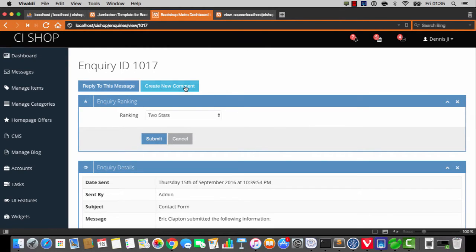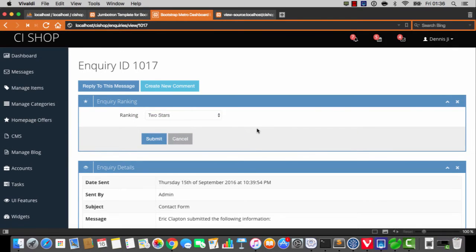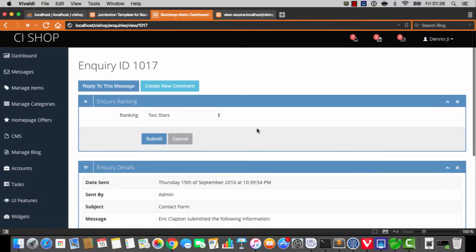So the vibe is that the site owner can head in here and create a new comment, you know? And actually, it's just occurred to me that this could be a button. It doesn't need to be a form at all. A button is absolutely cool, or is it? Let me just think. Create new comment. Let me have a think here. How about,